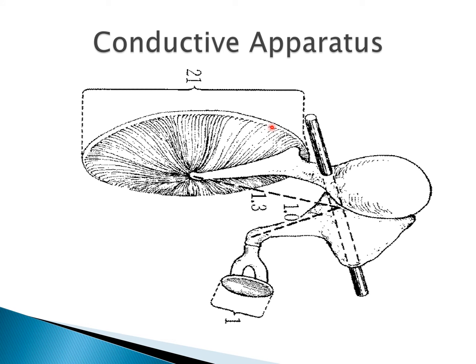So here we can see that the ratio of the area of the tympanic membrane to the area of the stapes footplate is around 21 is to 1. But as I told you, not the whole of the tympanic membrane vibrates, only the peripheral part of this tympanic membrane vibrates because of the curved membrane effect. And so this 21 is to 1 comes down to 14 is to 1.